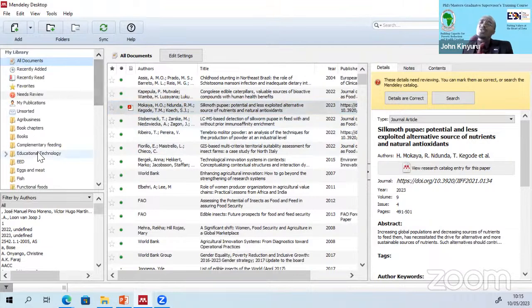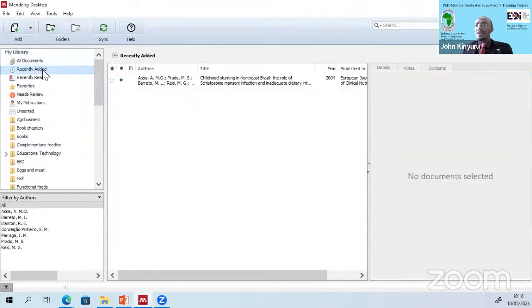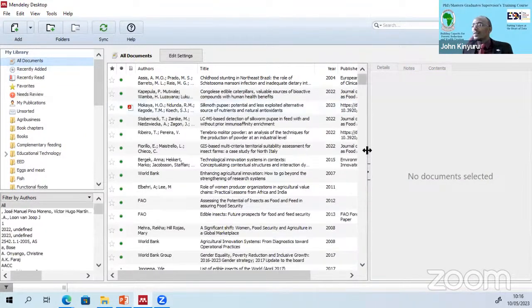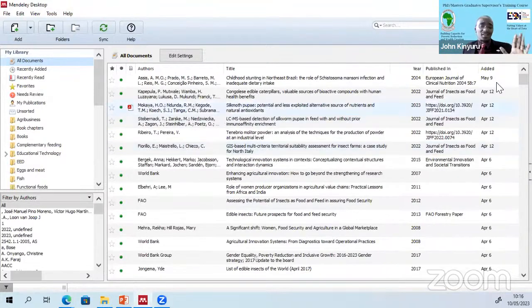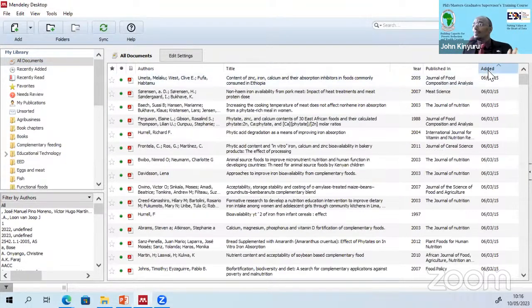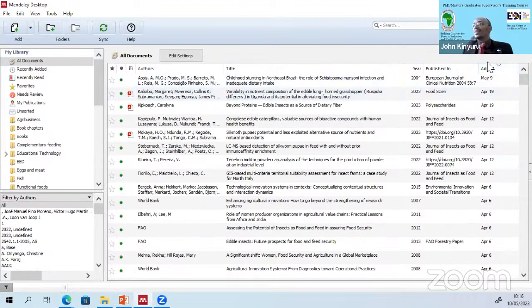Sometimes when you do that online, it doesn't sync immediately. Okay, so for example, if I come to all my documents, the version I have is slightly an older one, but it's basically the same thing. So I want to see the paper that I just added, but you can see on my library it's not yet updated. So I can synchronize my library with the Mendeley web. And by syncing, I simply click up there,